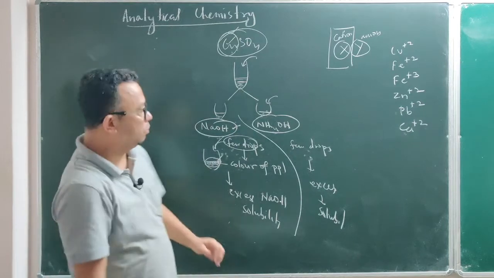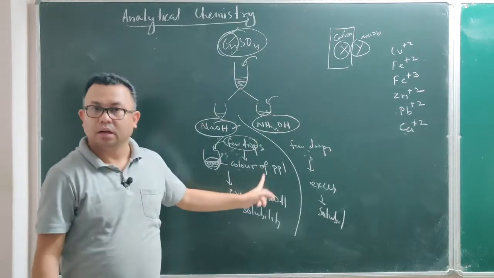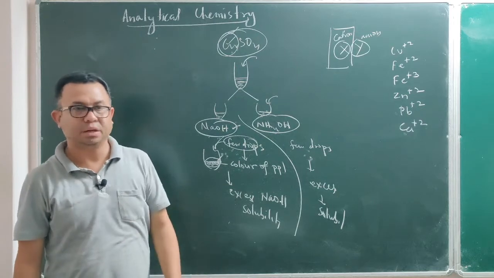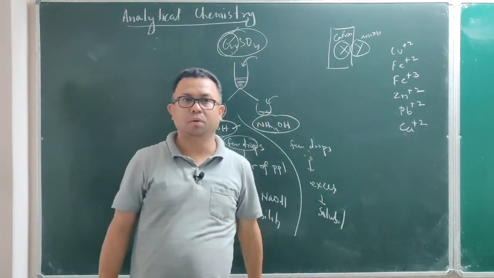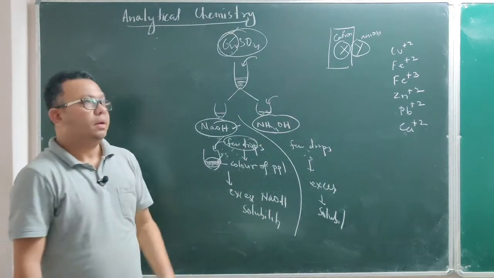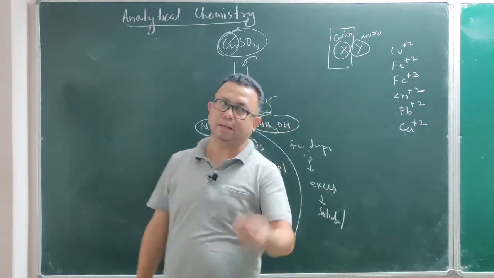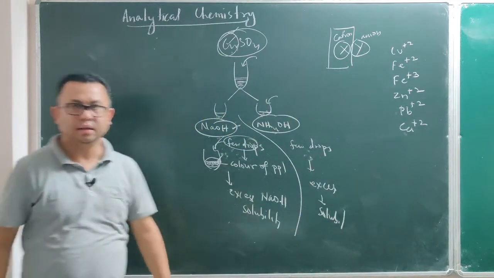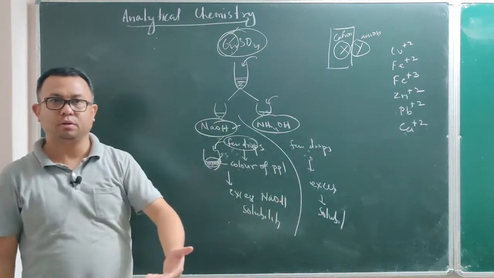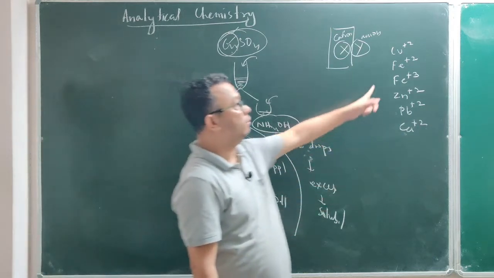Now before I tell you the reaction which is taking place, what this precipitate is, the different color precipitates that are coming out, what is the chemical name of those precipitates, after adding excess whether it is soluble or not soluble, all those reactions are what I am going to show. Since this is a very short chapter, but since I am doing it practically as well as theoretically, it may go a little lengthy. So what is the theory behind the practical that we do? That is what you are going to see, but most importantly now I will first start with the